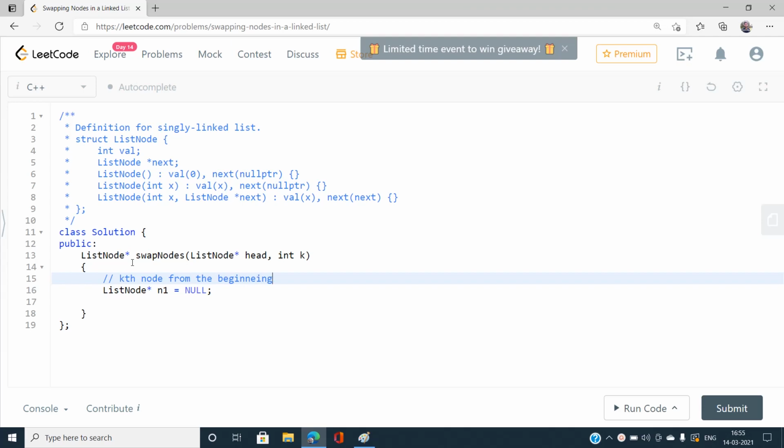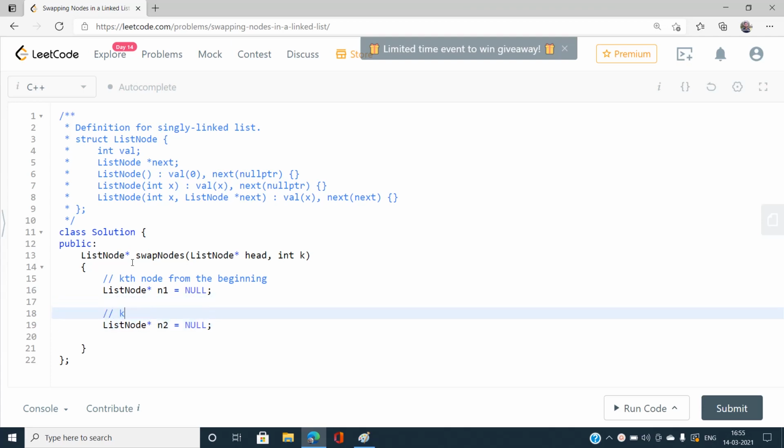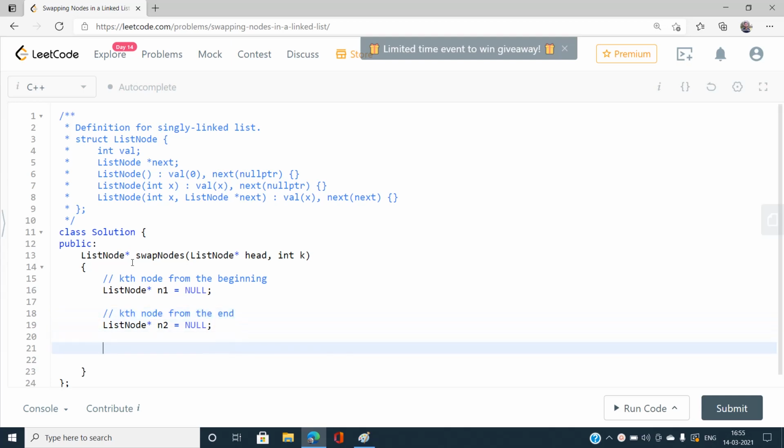And let's make another node, n2, which is the kth node from the end. Initially I am going to initialize it with null because we still haven't found that. And let's make another node for iteration in the linked list. Let it be initialized with head.